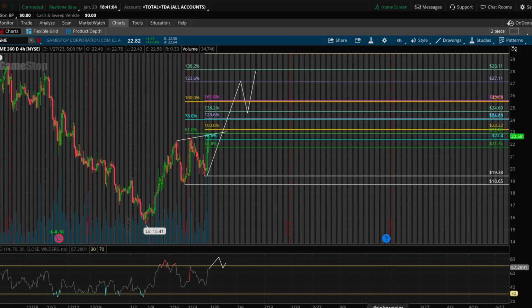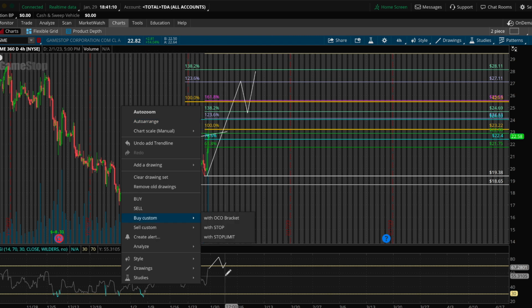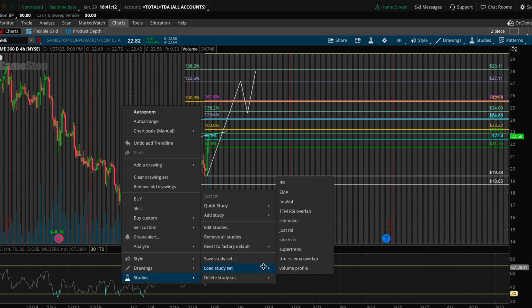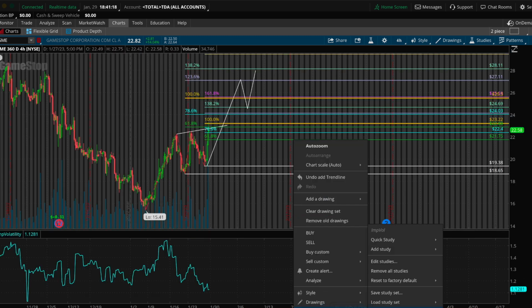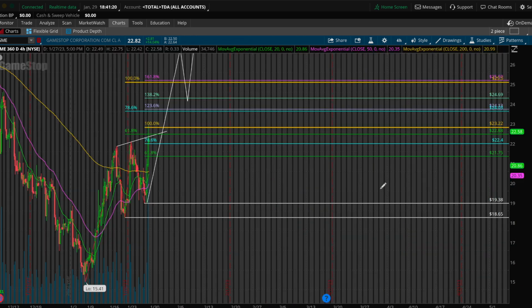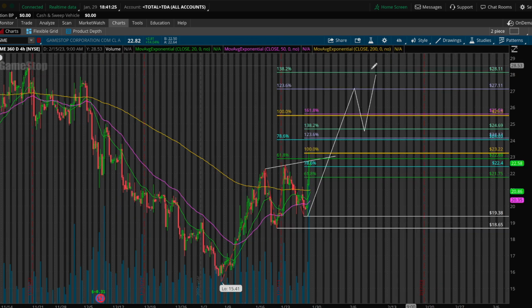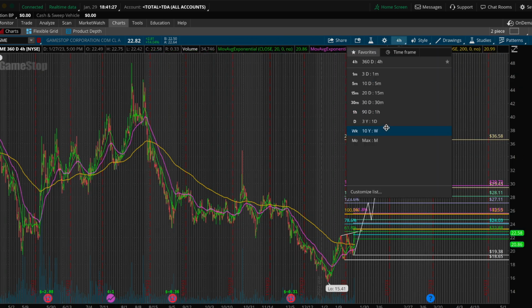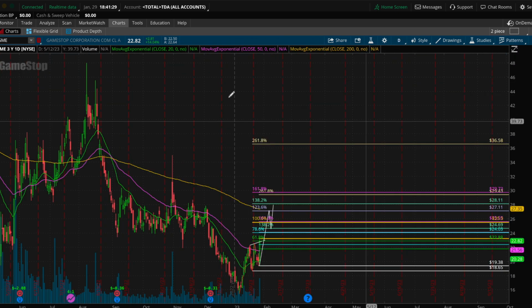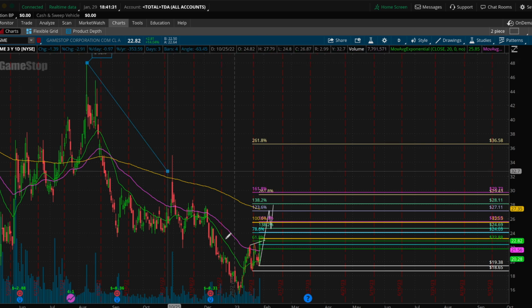I don't really like to use indicators that much. For waves, all you really need is RSI. You can have your moving averages on and whatnot, and this is implied volatility. You can have these on, I guess, but I don't think it's super helpful. From a super basic technical perspective, you can also say it did break this super long-term downtrend,